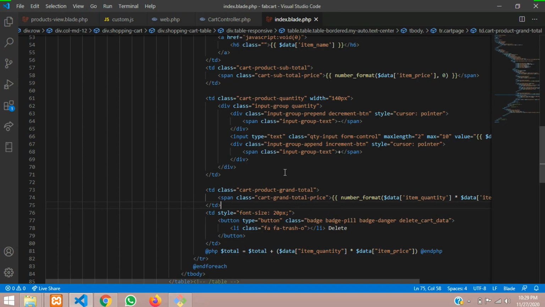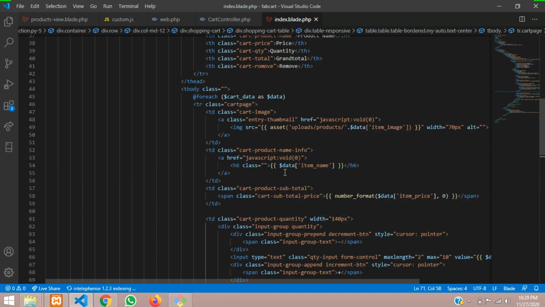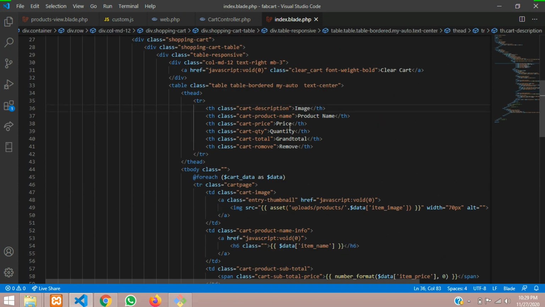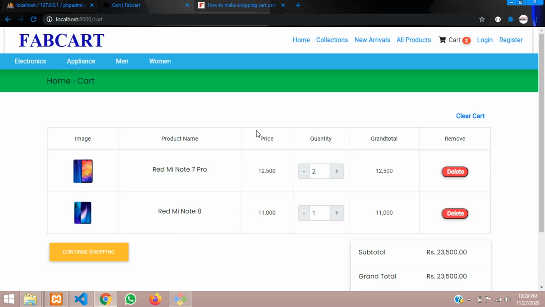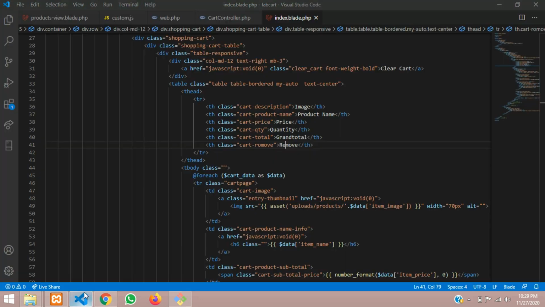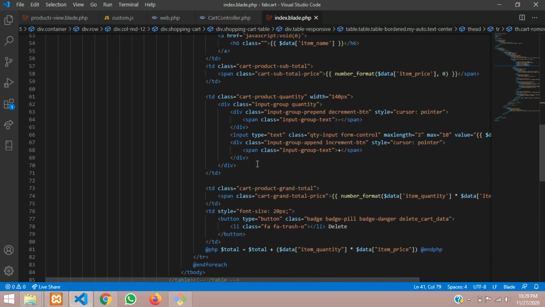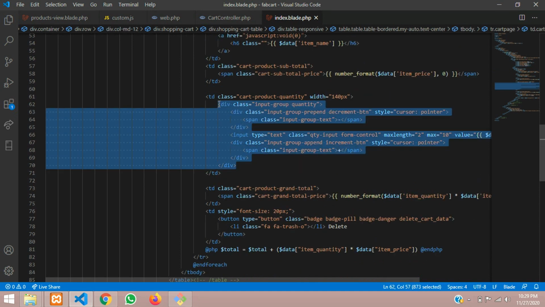Here you can see our cart page with image, product, price, quantity, grand total and remove. The same data is here in the cart page. Now let's move to the quantity column and scroll down to find our quantity design, the quantity HTML file.